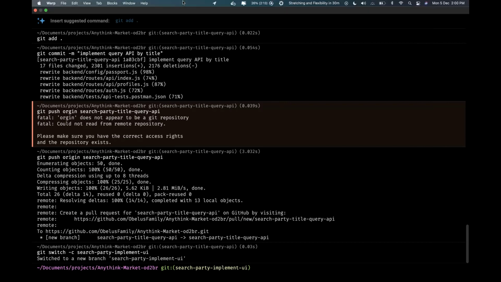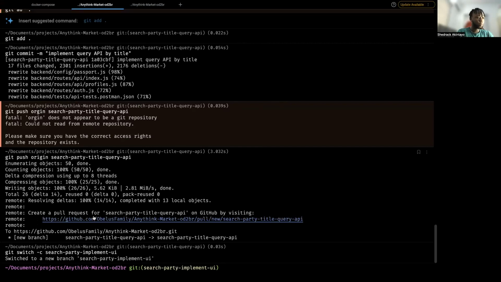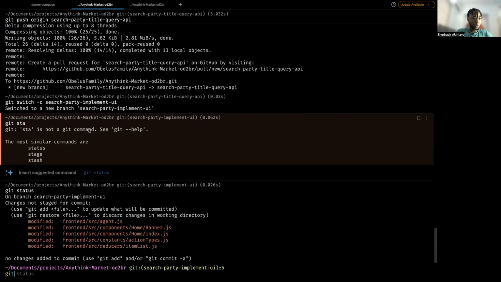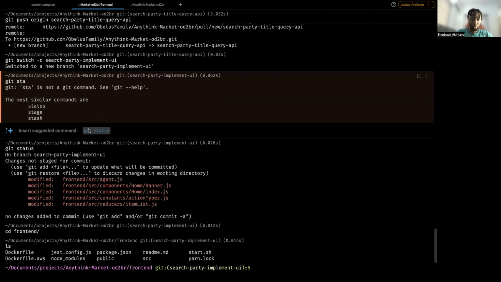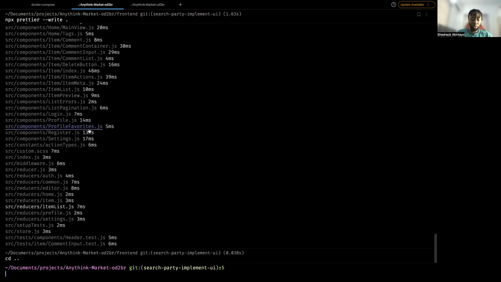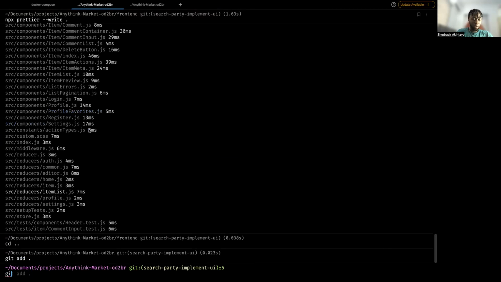So let's make a shift. Let's make a push rather, and let's see how far we go. So the first thing we need to do is always make sure that we actually linked correctly. So git status. So let's do a cd front end. We do an ls. So let's do npx right here dash right. Okay. Then go back to it, then do a git add dot and a git